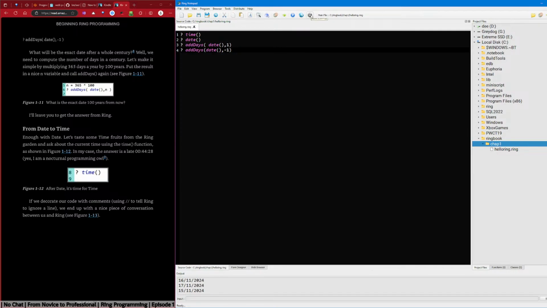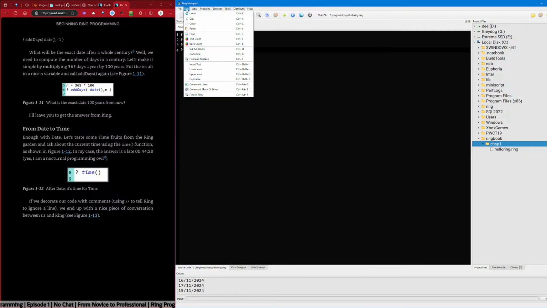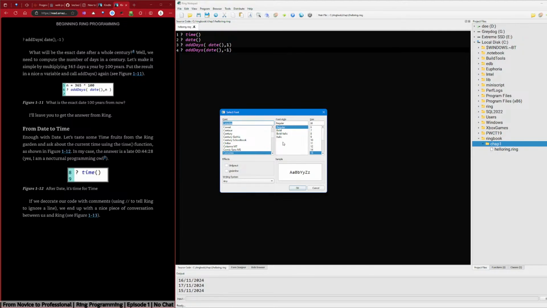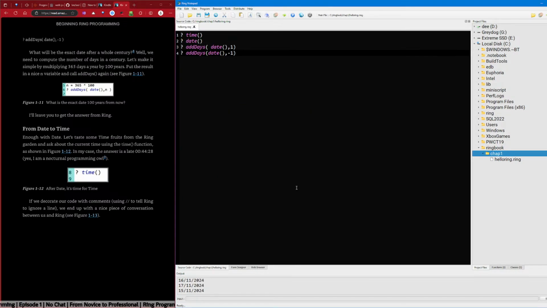Run, then wait, quit. Font. Lowercase, capitalize, comment lines, find in files. Oh, here we go. I just want it a little bit bigger. Okay.